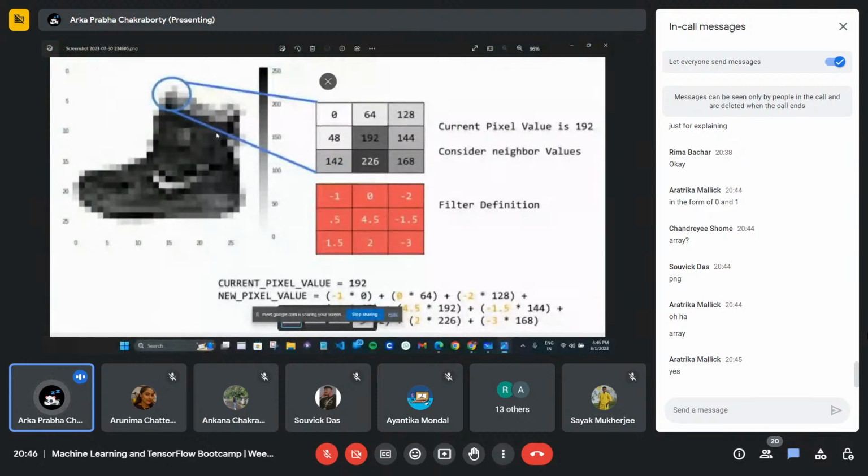What a convolution layer does is calculate the value with the neighboring pixel values. So for now, this will be my filter.